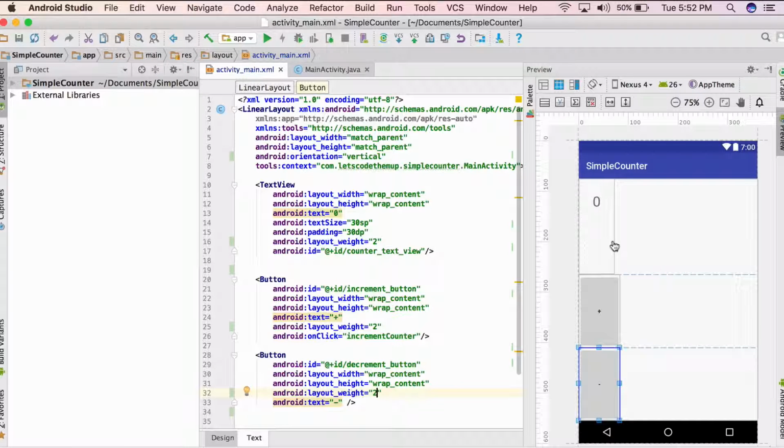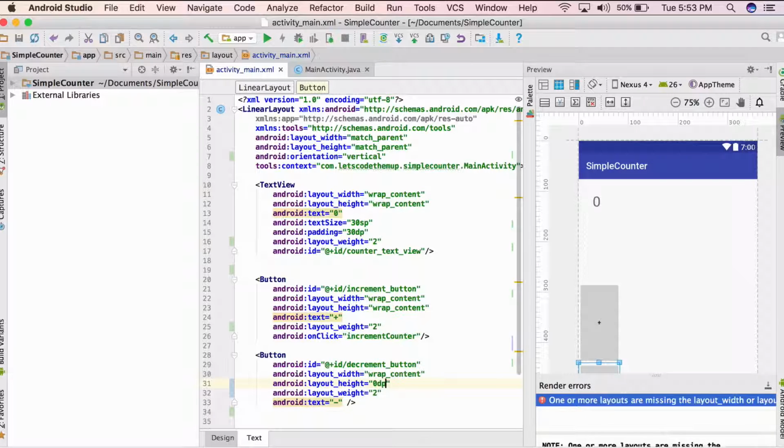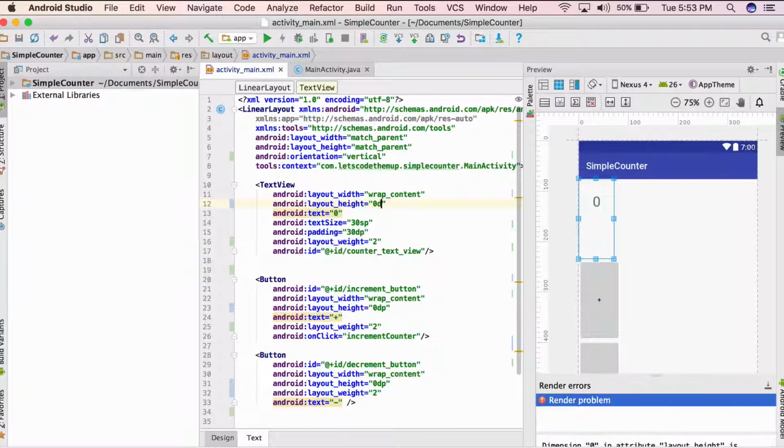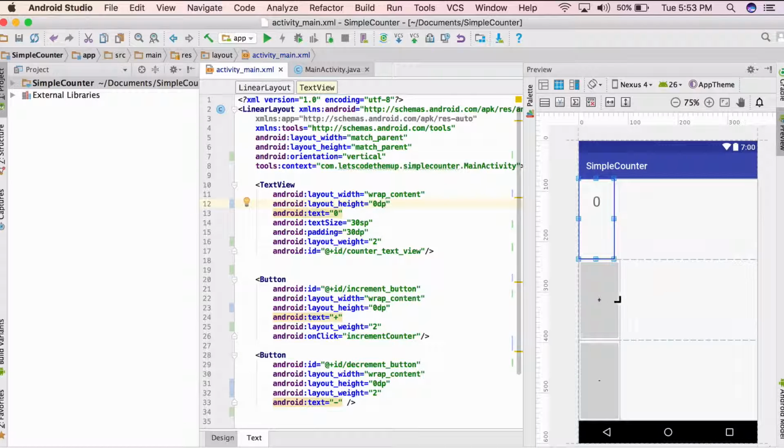Ideally, all three should have become equal by now, but they haven't. So we can make them equal by making their layout height as 0. Do that. See, now all these views take the same amount of space.